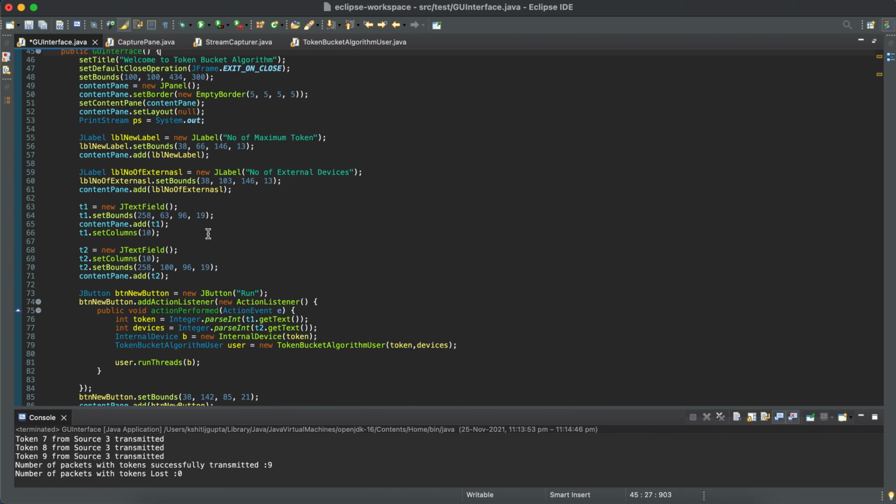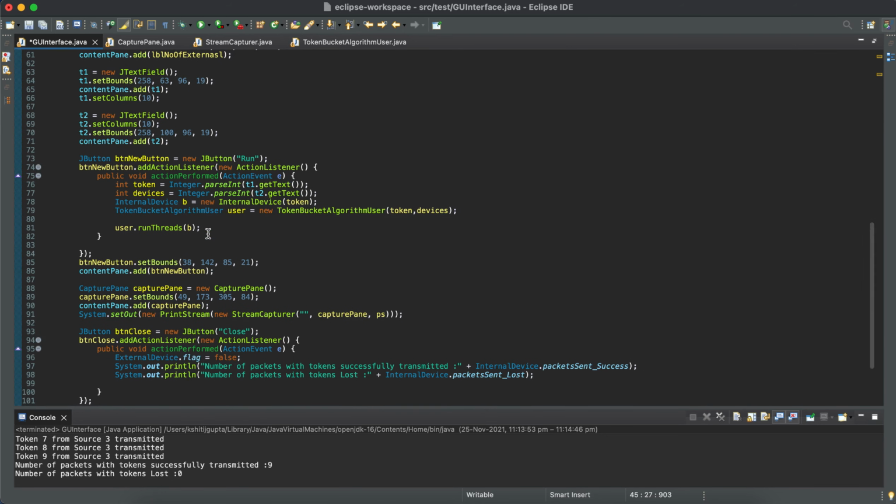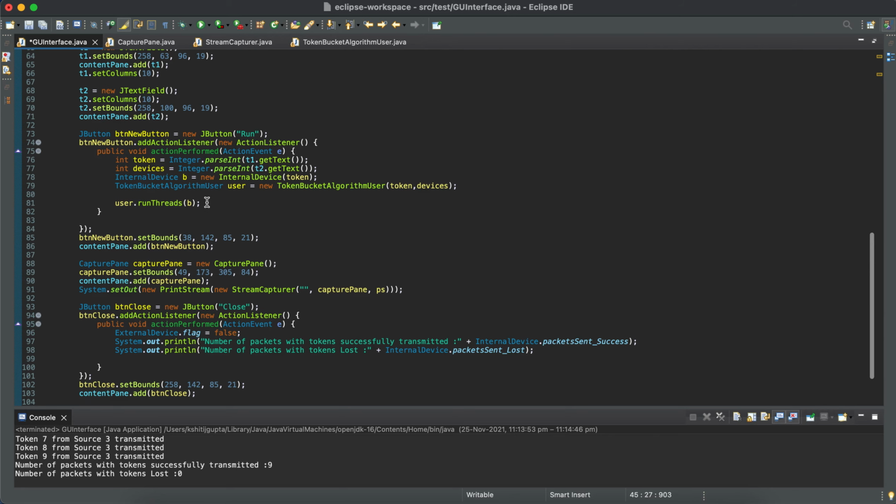To the content pane we are adding T1 and T2, where T1 is the number of maximum tokens and T2 is the number of external devices, sorry.